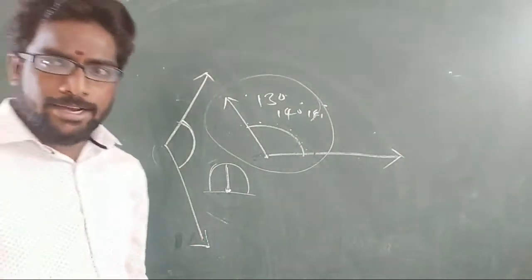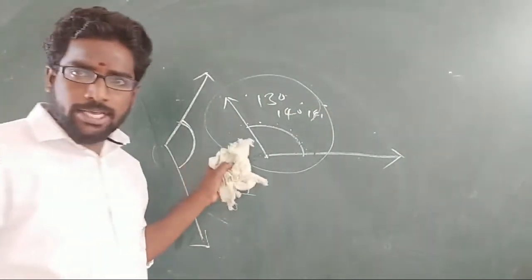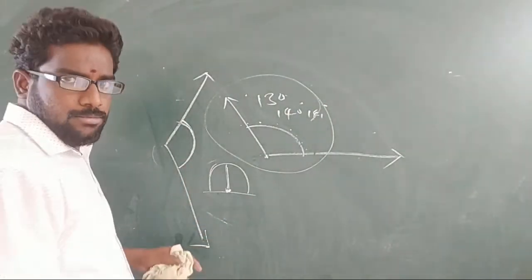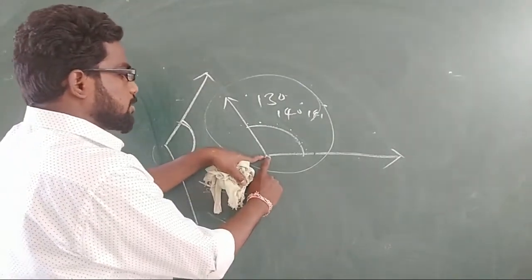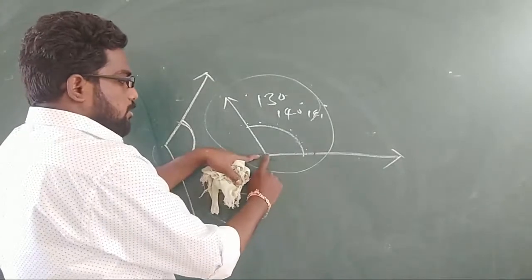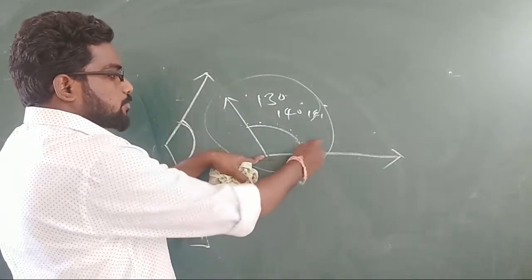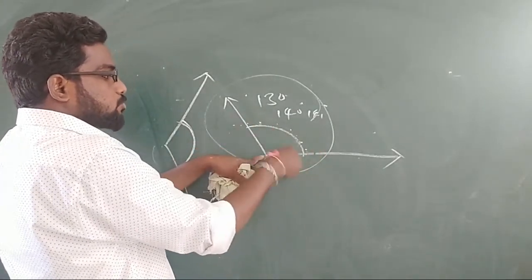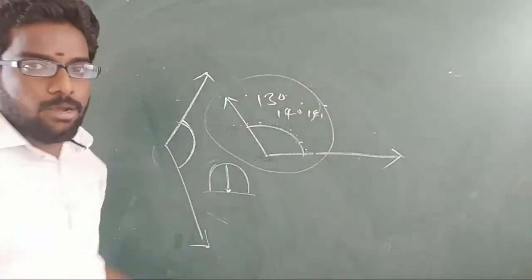See, here I don't have any protractor, that's why I am telling you like this. No problem. Just keep the protractor here exactly. The midpoint of the protractor you have to keep here on the origin, and you have to measure from this side, from 0. You will get this obtuse angle.